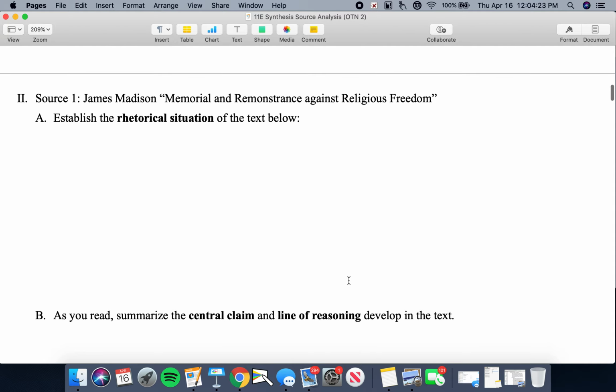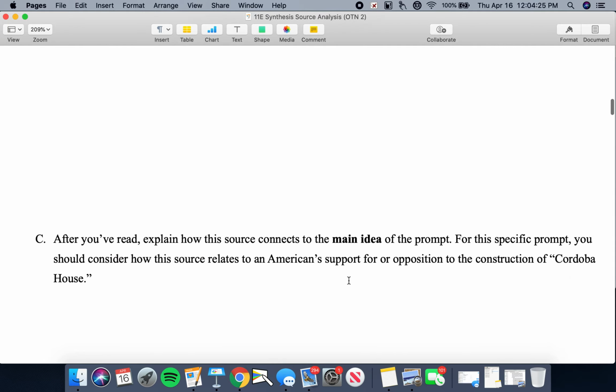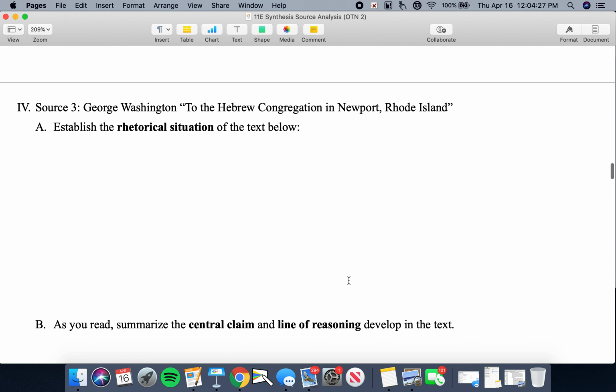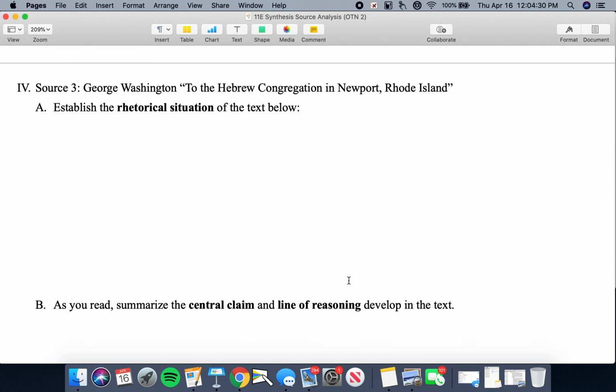All right, you should have analyzed the sources from Madison, Jefferson, and Washington, all of whom articulate a kind of early American understanding of what it means to be religiously tolerant. These guys had a heavy hand in building the nation and laying the ideological groundwork on which the nation's understanding of religious tolerance and the tolerance of various belief systems is based.